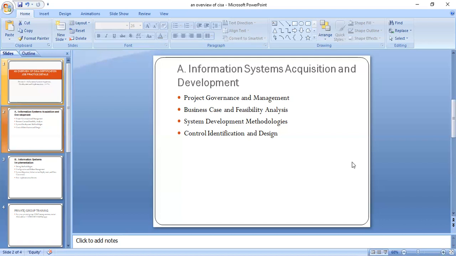The system development methodology, the most prominent of them is the waterfall model. So we have 6 stages. You have the project feasibility study, then you move to requirements gathering, then design, then development, then final implementation and testing, and number 6, post implementation.